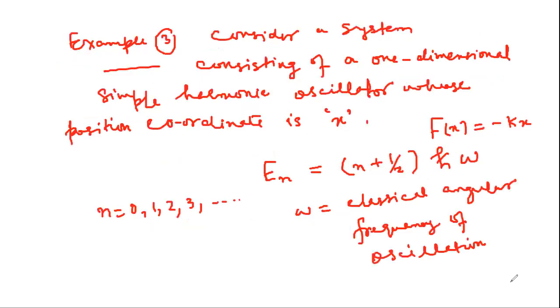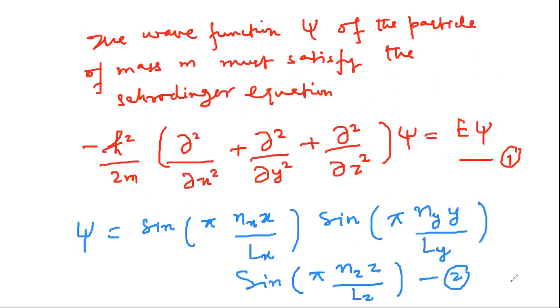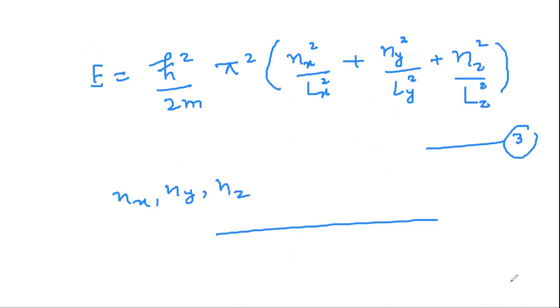So I hope the idea is clear to you. In quantum description, the state of the system in question is specified by the set of quantum numbers concerned in the problem. Sometimes it can be a single quantum number, sometimes it can be a set of quantum numbers, depending on the situation. So quantum numbers specify the state quantum mechanically. That's all for today. Thank you.